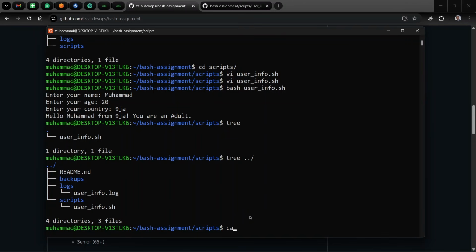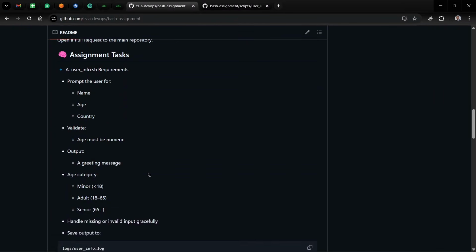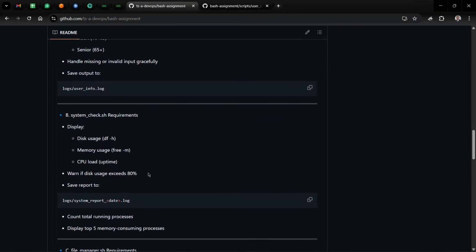So let's cat the content of that file and see the log. You see, this is the content of the file, Muhammad, and this is what was printed on the terminal. So it has been logged successfully. So let's quickly go to the second assignment, which is